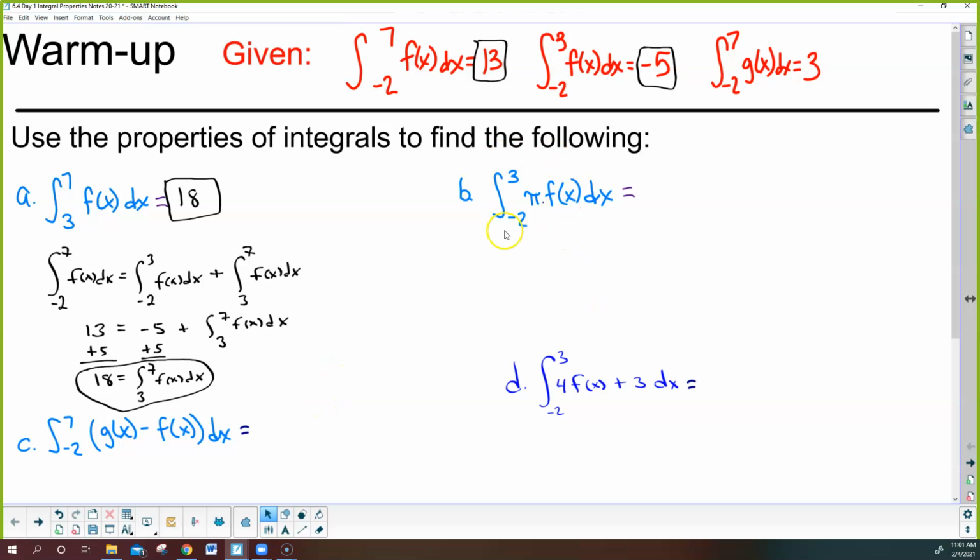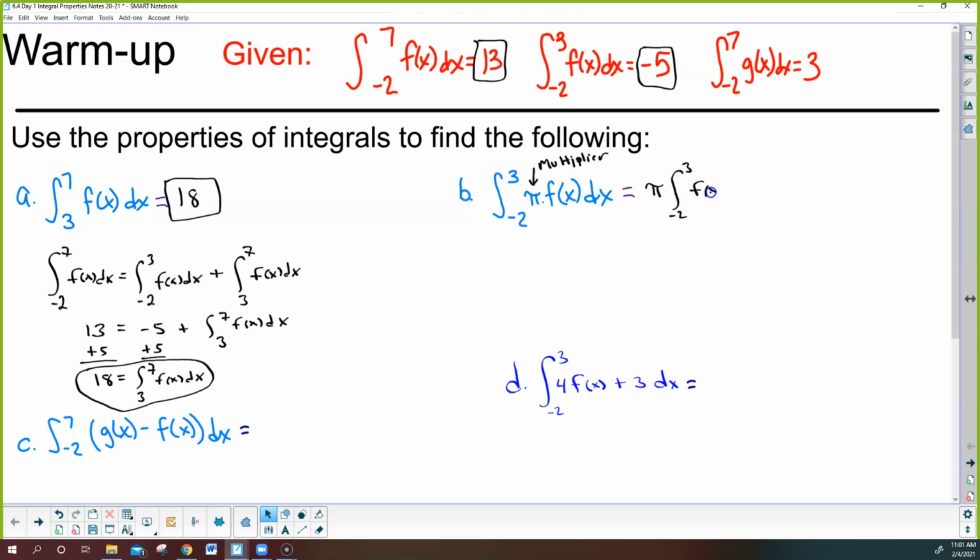All right. Part B is almost the exact same thing as what we have here, except we have a constant multiplier. And when we have a multiplier, there's something you can do. You can actually pull that multiplier out. It's basically the same properties as we had with derivatives. So if you remember all the properties, you can take the derivative and then times it by a constant, or you could times it first and then take the derivative, and this is the same way. I can take this pi and pull it on the outside,